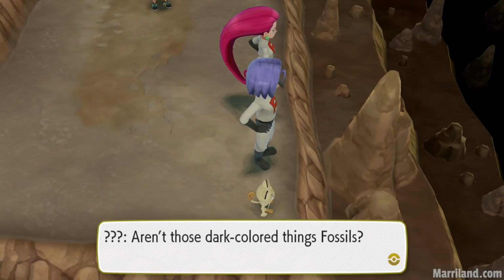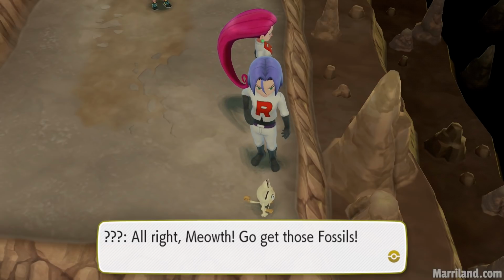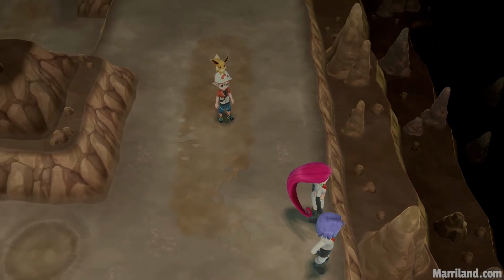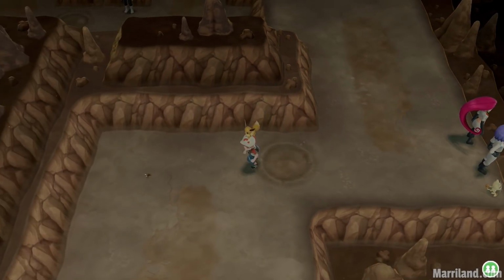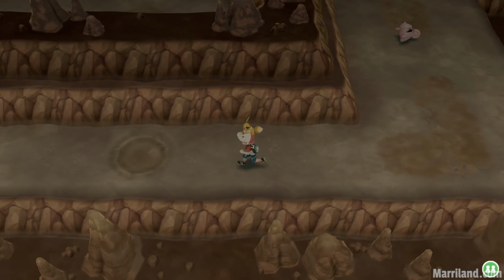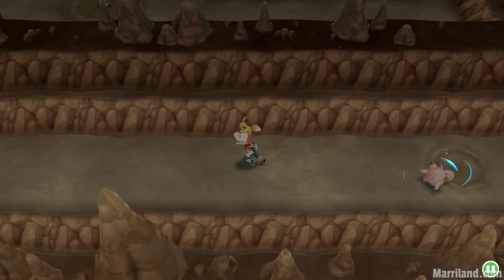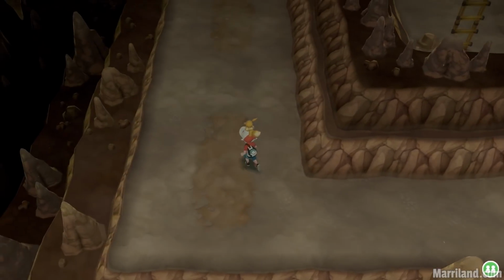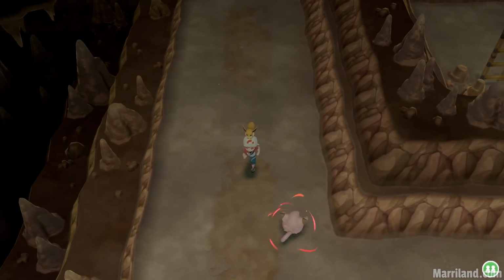Aren't those dark-colored things fossils? All right, Meow, let's go get those fossils. You want me to jump down there? Yeah, they're just kind of distracted with that. Well, we'll just let them be. And then we just get to keep walking along this long stretch here. Pretty uninterrupted, although there's a lot of...